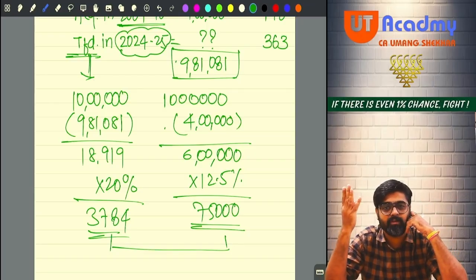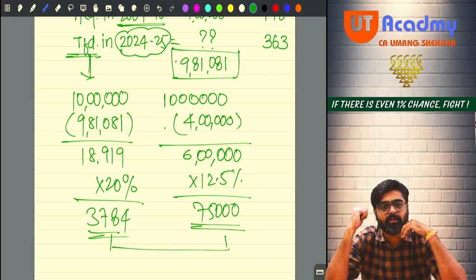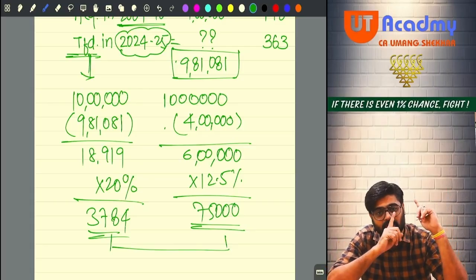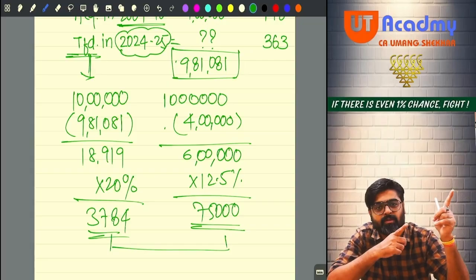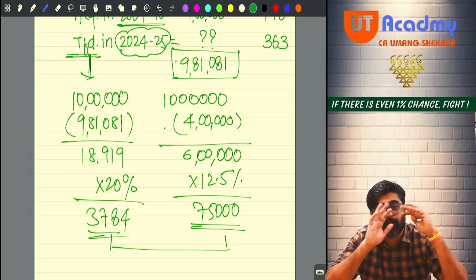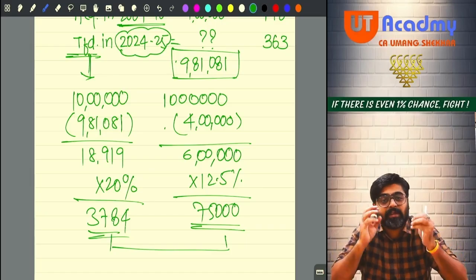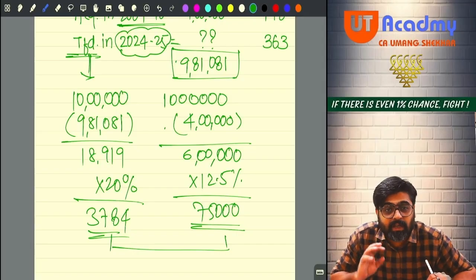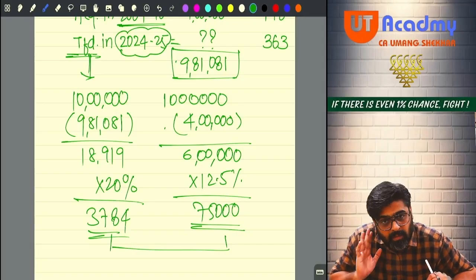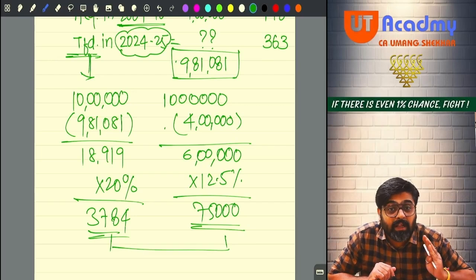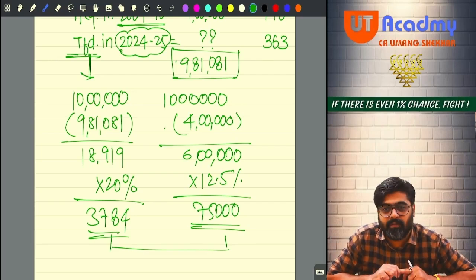In 100 transactions, only in 10 transactions the gain was happening, and then that gain was also not too much. On that we were charging 20%, this much high tax, and we were getting peanuts as tax. Now in all the 100 transactions, almost 95% of transactions, profit will be there. And that profit will not be a small profit, it will be huge profits. And on that, even if we charge 2 to 5% tax, no, still we are able to collect a huge amount of taxes. But see, still they have started charging 12.5%. How smart our government is.